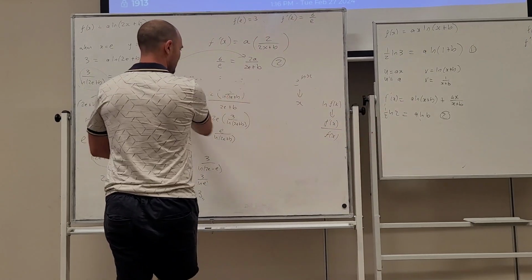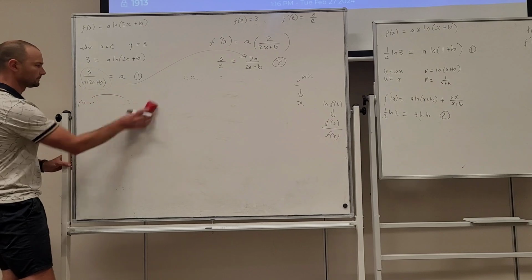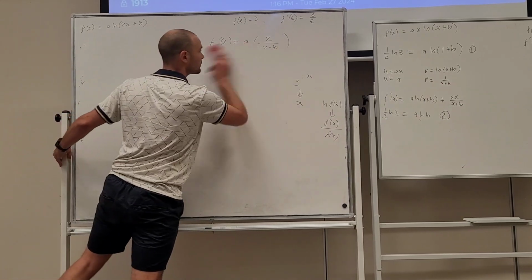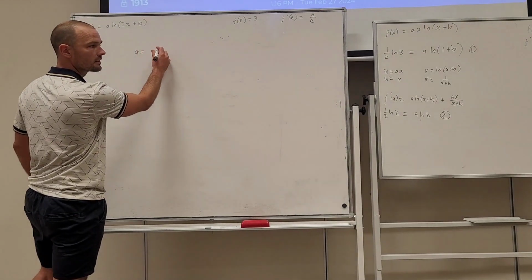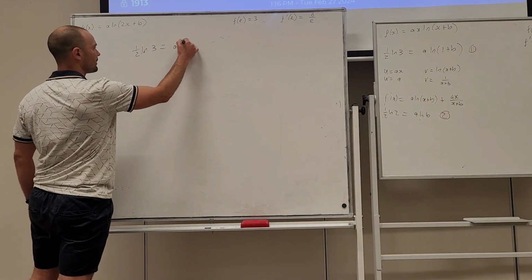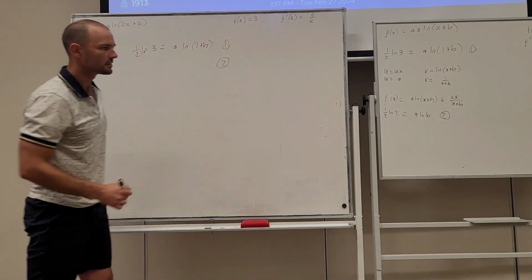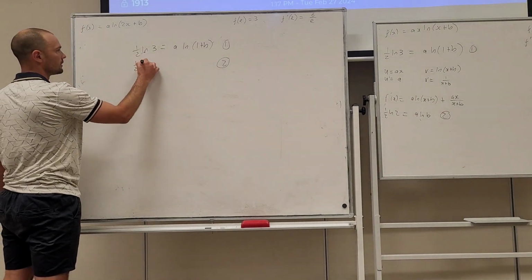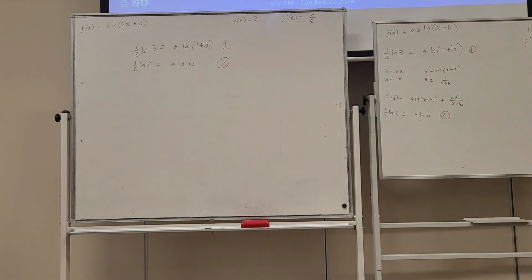Let's write the 2 equations up here. Let's see if we can describe a way to think about which one I should substitute where. So we've got half ln 3 is a ln of 1 plus b. That's our first equation. And our second equation is half ln 2 is a ln b. Alright. So, either way,